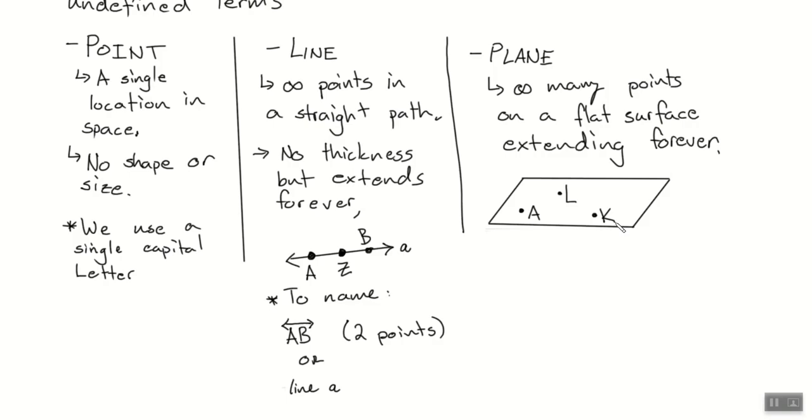Now, we're going to just introduce another word. Your book doesn't use it in the definition, but I'm going to use it to make sense of this. Can you make a single line through all 3 of those points? No. Okay, so that means that they are what's called non-collinear. They do not fit on the same line. Co meaning together, linear meaning line. They are not on the same line. We have 3 non-collinear points.